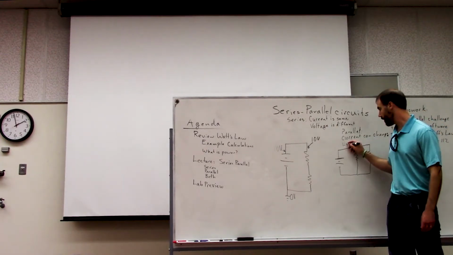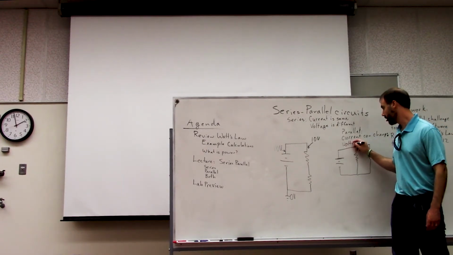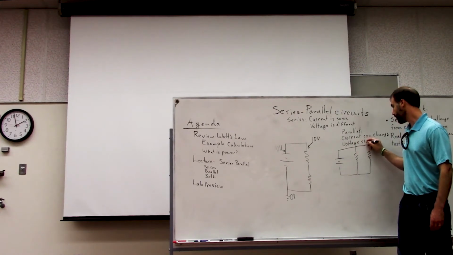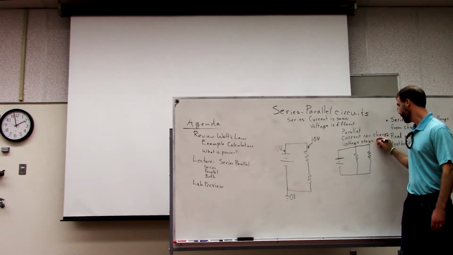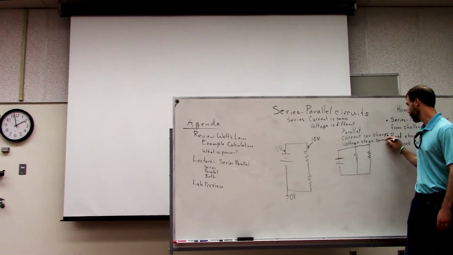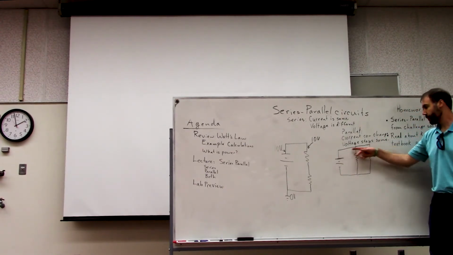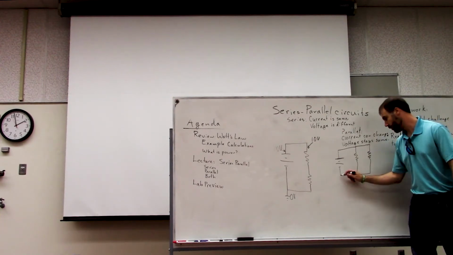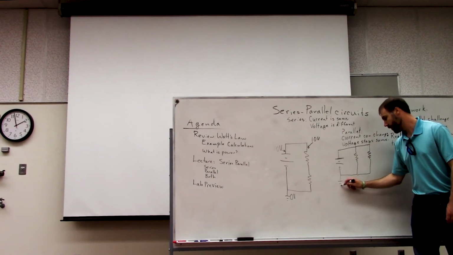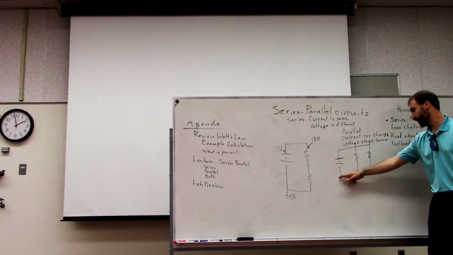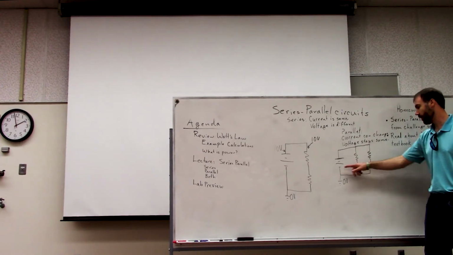Right, voltage stays the same. And that's because the voltage is constant along any wire. So if we call this point 0 volts down here, then you have 0 volts there and there and there and everywhere